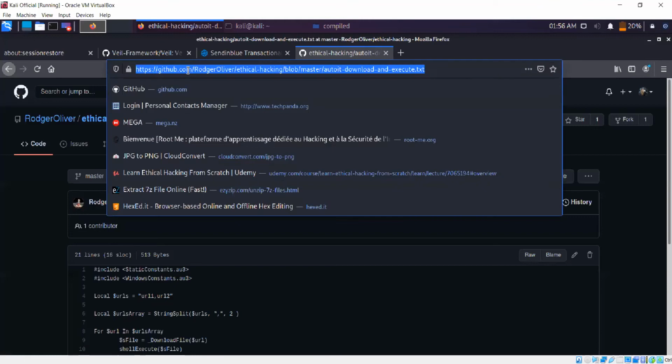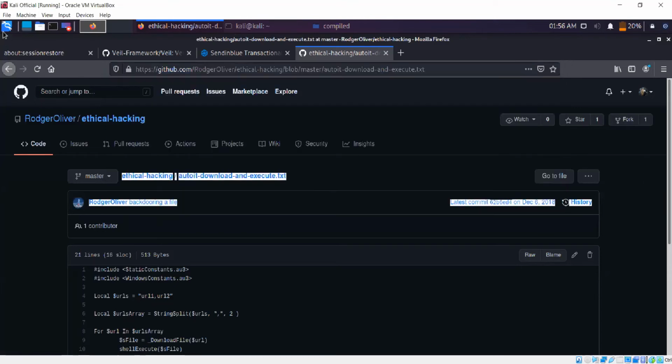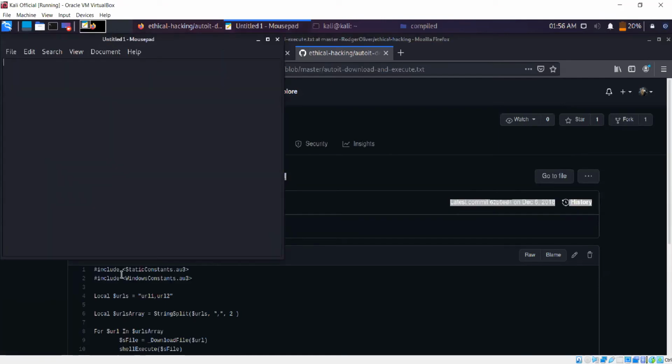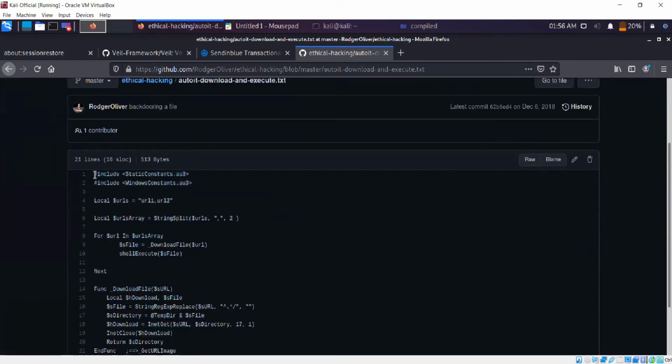So I'll share this link. What you can do is you can go to your Kali, you can open Mousepad, which is like Notepad for Linux. Now, what you need to do is copy all of this and paste it in that particular Notepad.